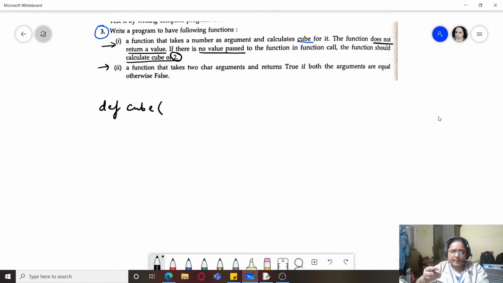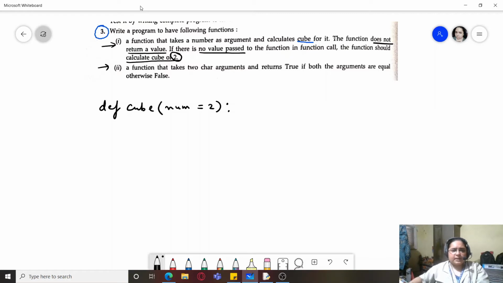That is, the formal parameter will be assigned a value. That value will be used in case the user does not supply any argument during function call. So I'm taking a value here, num, and giving it a value 2. This becomes a default argument.